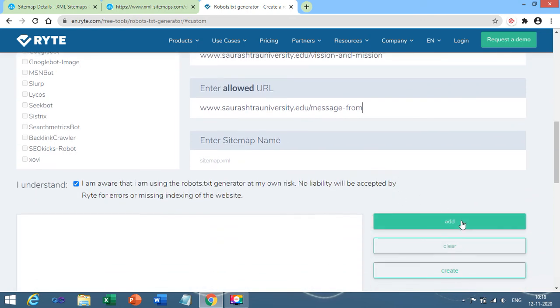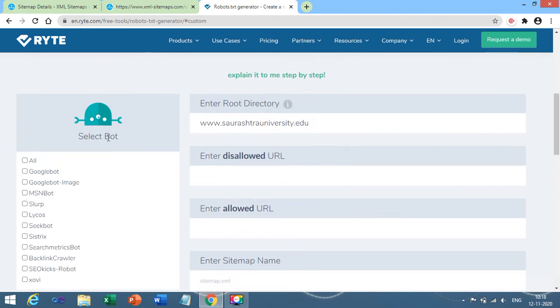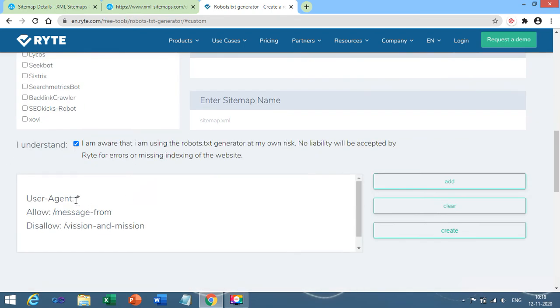Now I am again going to add. Over here you are able to see that if I have selected all from the bot, at that time a star will come, right, and you can click on create, or you can click on clear. When you click on clear, it will clear the following portion.